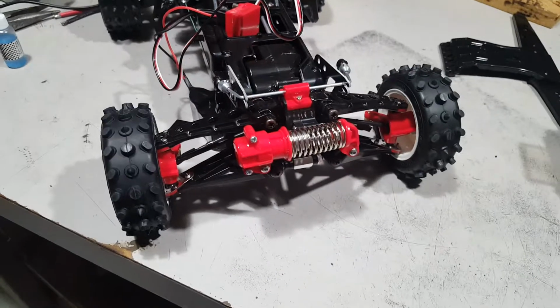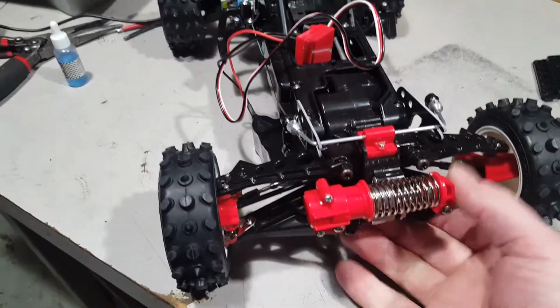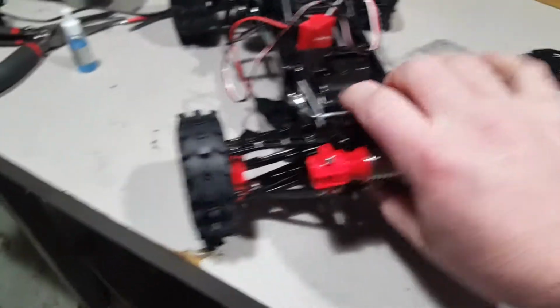So I put it in, and it made a pretty big difference. So the battery keeps getting away. You know what? I'm going to pull this out. Shut this off. All right, so